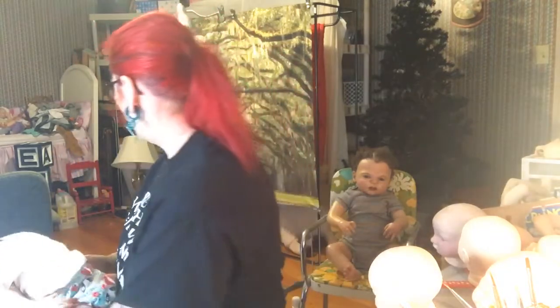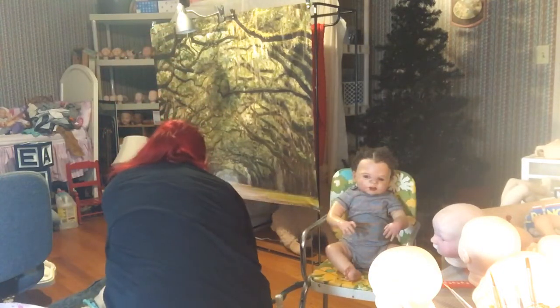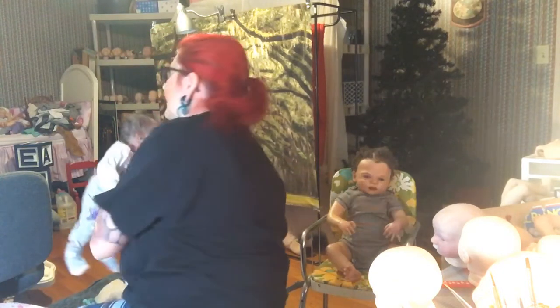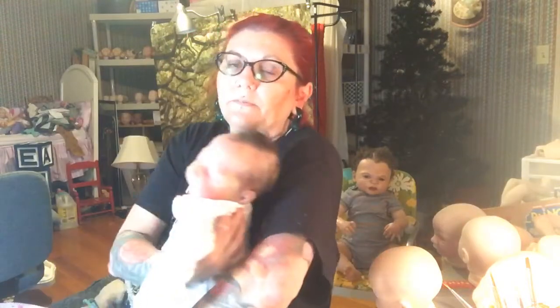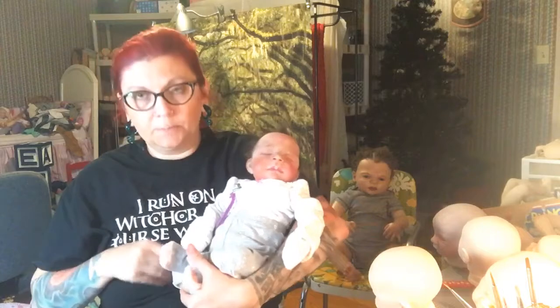I've seen in a few silicone groups, people are like, oh my gosh, I'd never spend that much money on a baby. Well, I'm sorry, then silicones are not for you. Silicones are costly. Just to get the blank silicones are costly. For one thing, they're not as prominent as vinyl babies. With vinyl babies, there are stores you can go to online. There's McPherson's, Irresistibles,